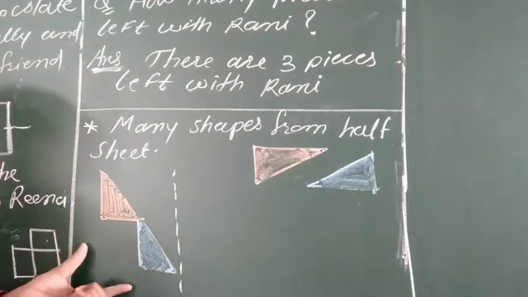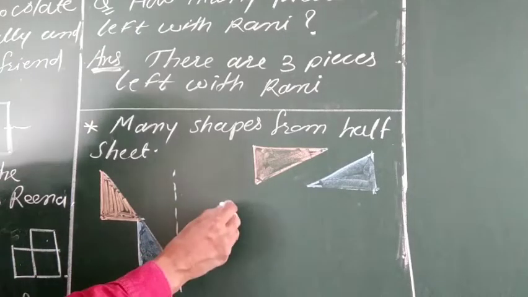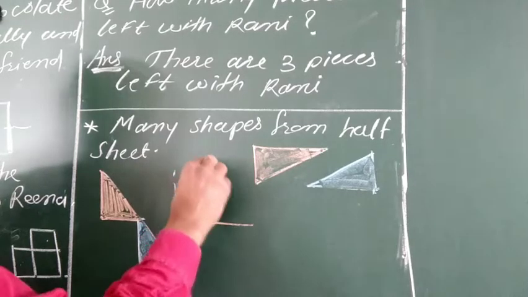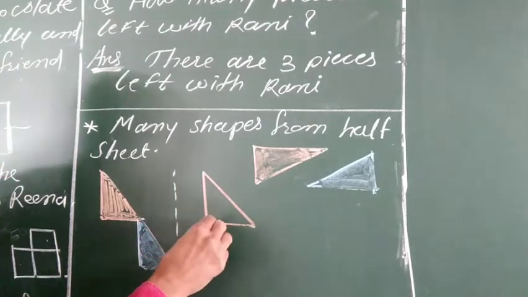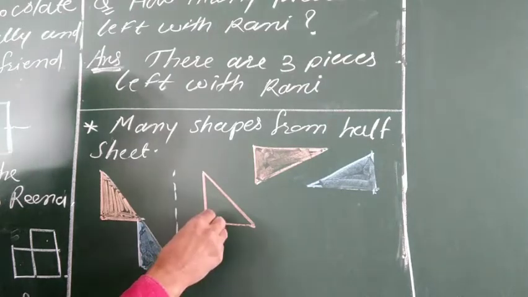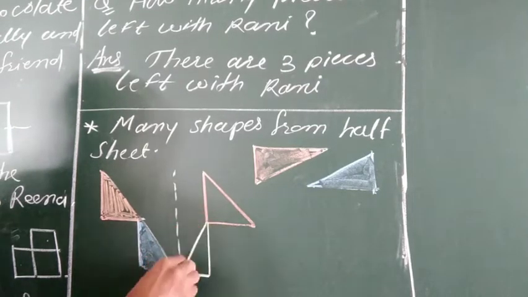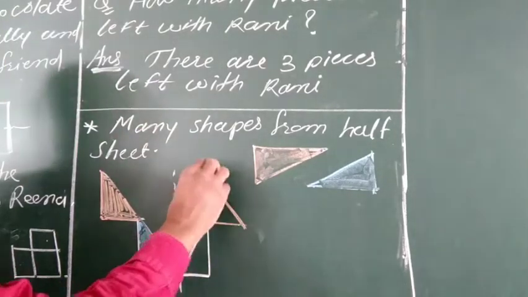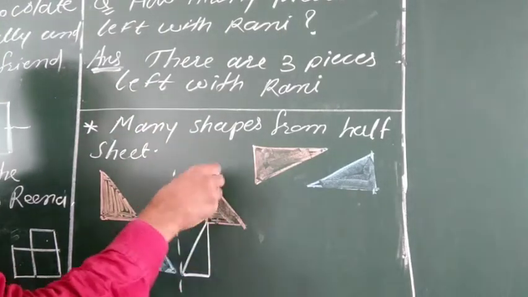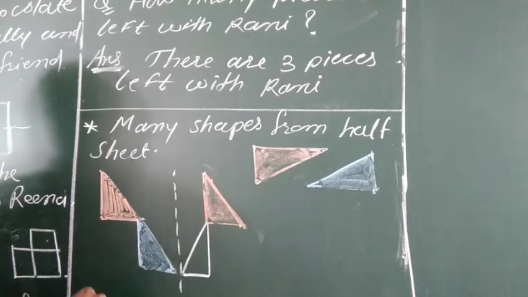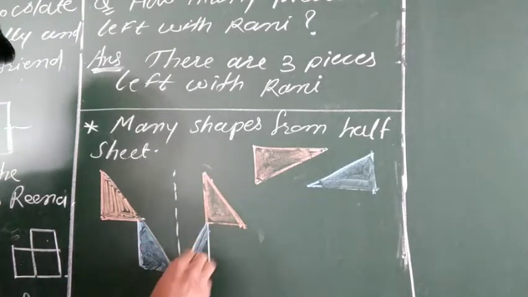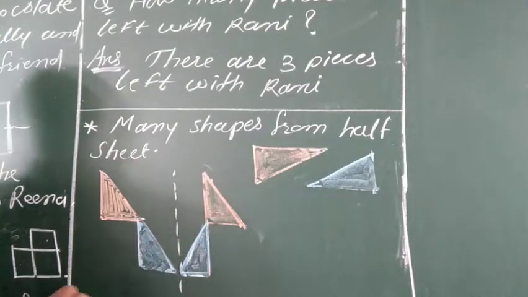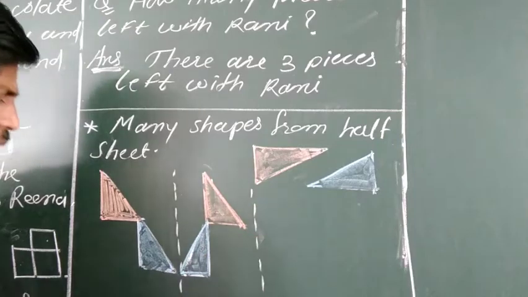Such different shapes we can make here. Now see, this is one more. See, this is also half and this is also half. So these are 2 different halves here. By joining these two halves, we form this one here. So this is a different shape. Then see, any other?